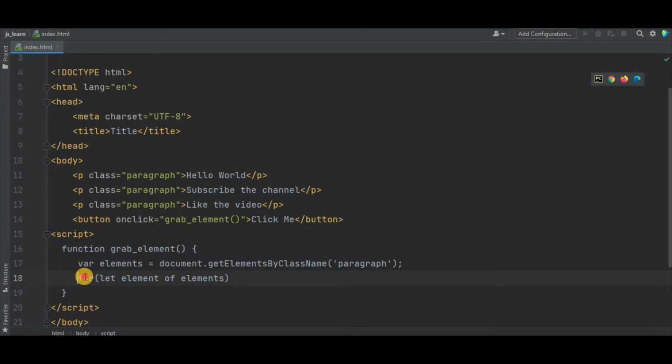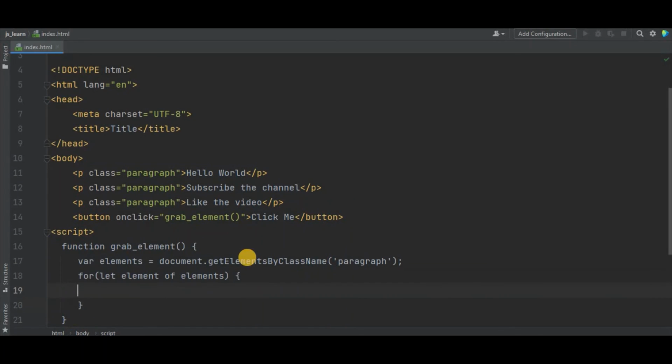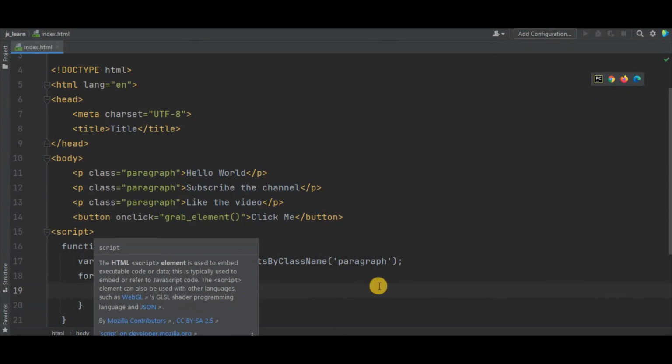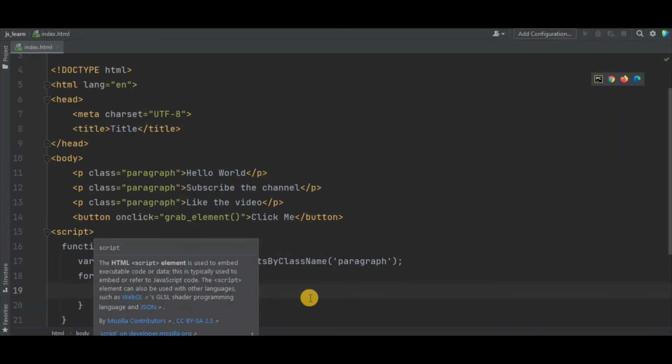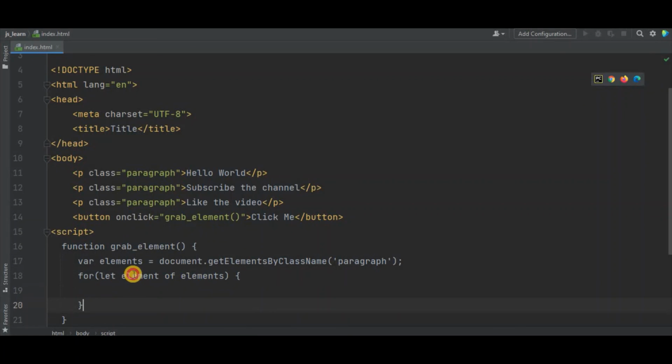This will loop over all the elements, and we can write curly brackets to tell what to do in each iteration. If you are wondering why I have written let element of elements, it means that for each iteration it will get a different element each time, and we can use this element variable in our block of code here.